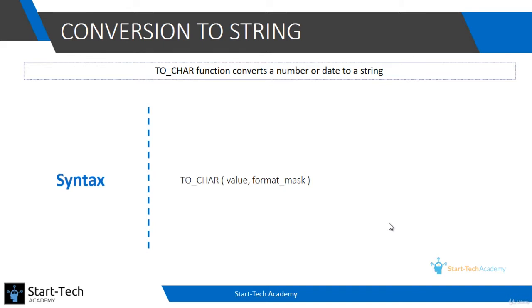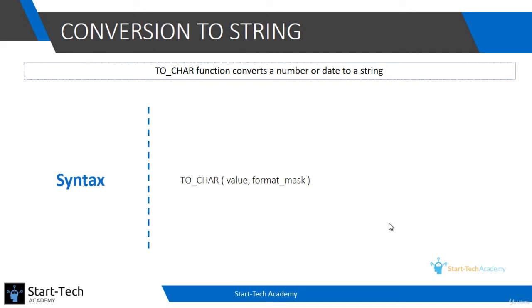Why do we do this? You have seen that different types of data have different types of functions. So if you have integer or numerical data, you can use mathematical functions on it. If you have string data, you can use string functions on it. If you have date data, you can do date time operations on it using the age or extract type of formulas. So each data type has its own capabilities, and to use that capability, sometimes you'll need to convert the data type of your columns to some other data type.